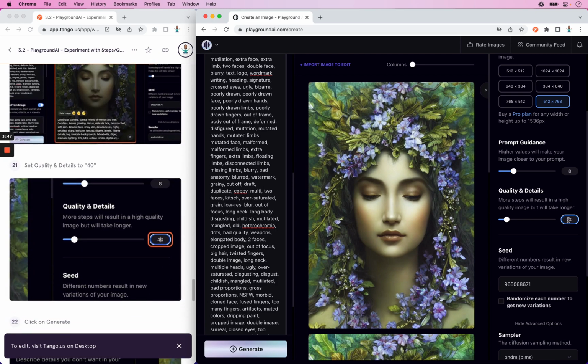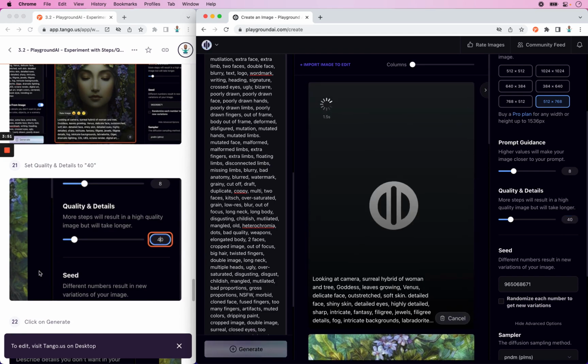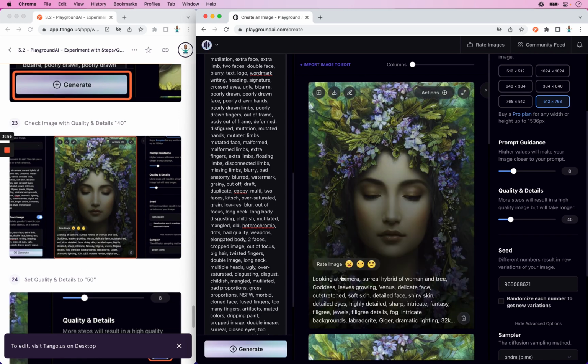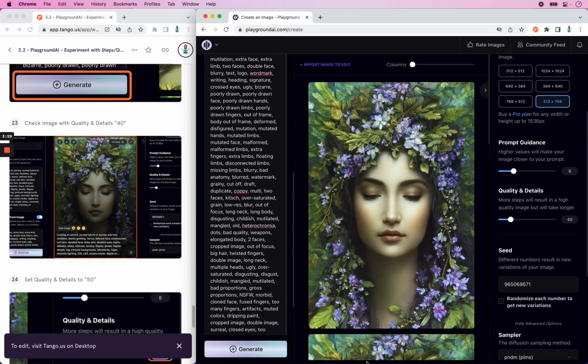If you follow the same process for 40, we have even clearer skin. The details are finer and more beautiful. So we see how varying the number of steps gives us better quality images. And now we understand the pros and cons of varying the steps between